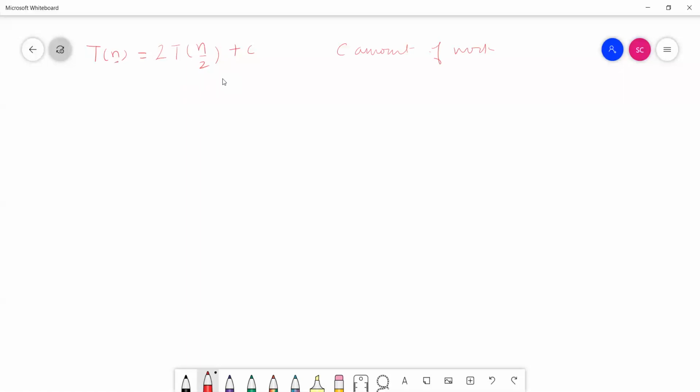this input size is split into two halves, because 2 is written here, and this is n by 2. Suppose it would be n by 4, then we would say the input size is split into n by 4 size of 2, so 2n by 4 size. But right now we have n by 2. So it means that we have divided this problem into two problems, and every problem has size n by 2. Is it clear? So after c amount of work, Tn is